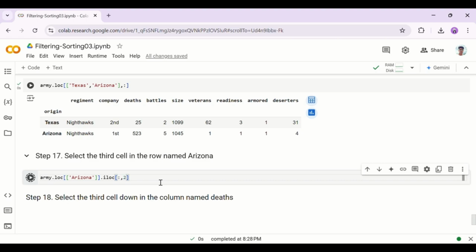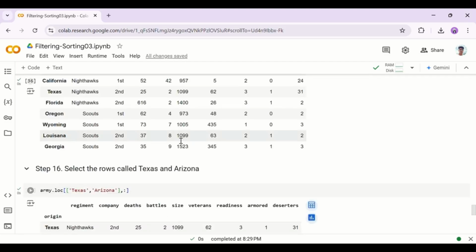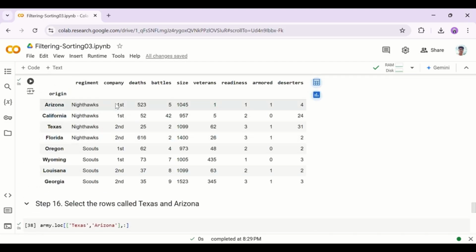So it says 523 of deaths, because if you see there regiment, company, deaths, so it's the 3rd